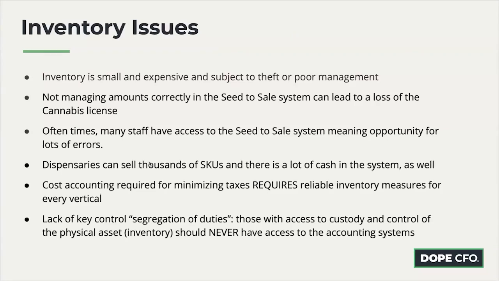Inventory is huge in this industry, so we've got to make sure we are counting it regularly. We have lots of staff with access to the point of sales system or the ERP system or the POS system. Hopefully not the accounting system. I try not to link these systems up to each other for that very reason. I want to make sure we have an iron wall on our accounting system so we can make the correct journal entries, but also make sure we don't feed an error in one system to errors in all systems.